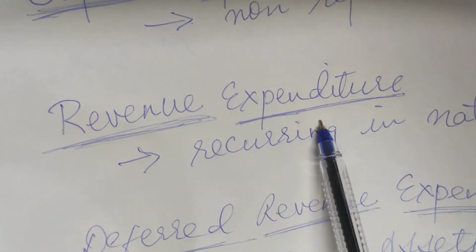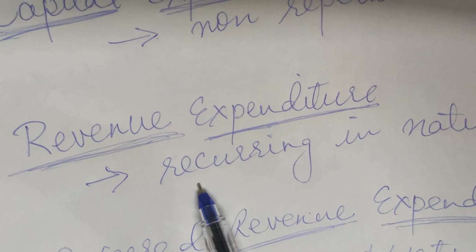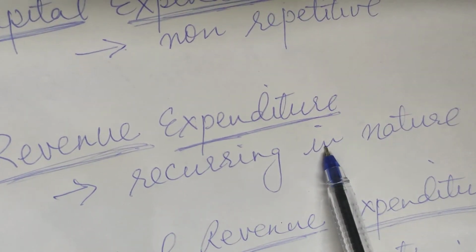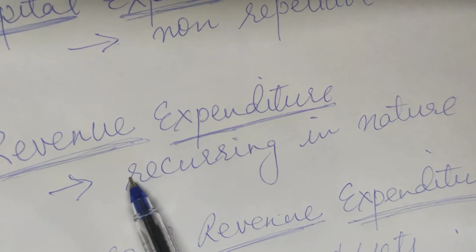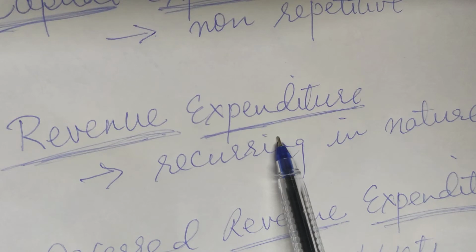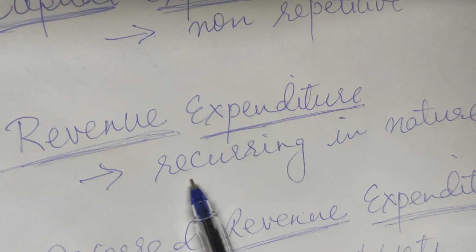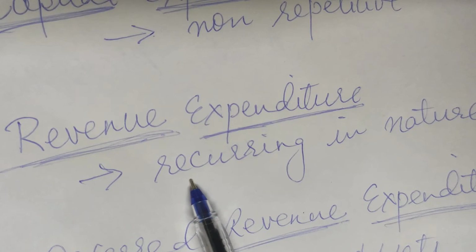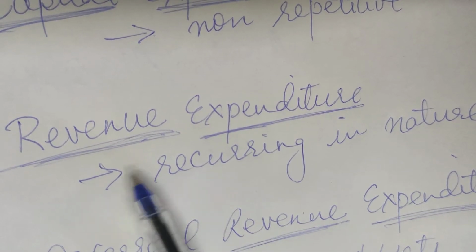When I talk of revenue expenditure, it is repetitive in nature, or recurring in nature. For example, the expenses which are incurred for day-to-day operations of the business are revenue expenditure, or simply termed as expenses. Example: rent paid for the building, salaries paid to the managers, wages paid to the labor class, traveling expenses paid, legal expenses paid, and we have a lot of many expenses that are termed as revenue expenditure.